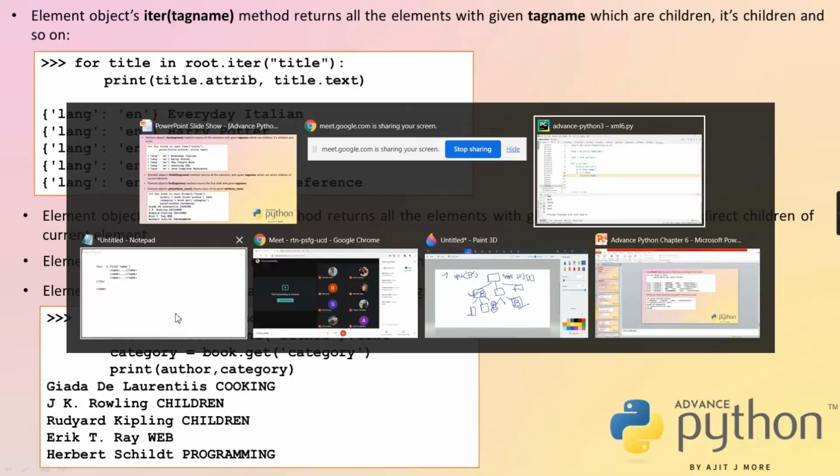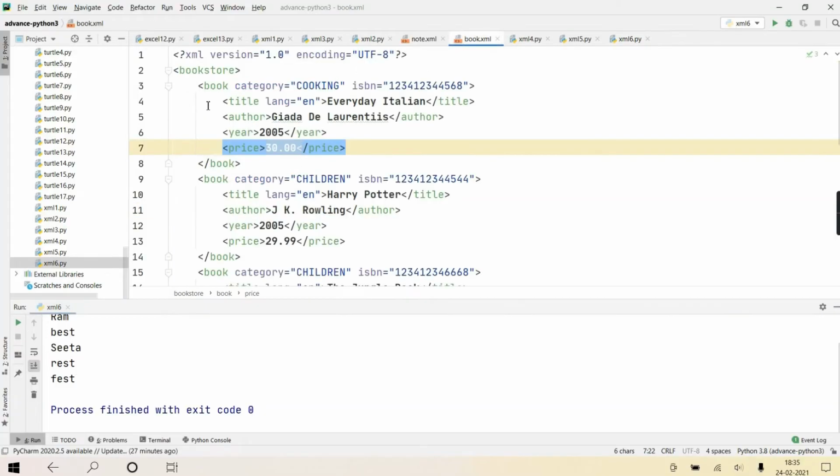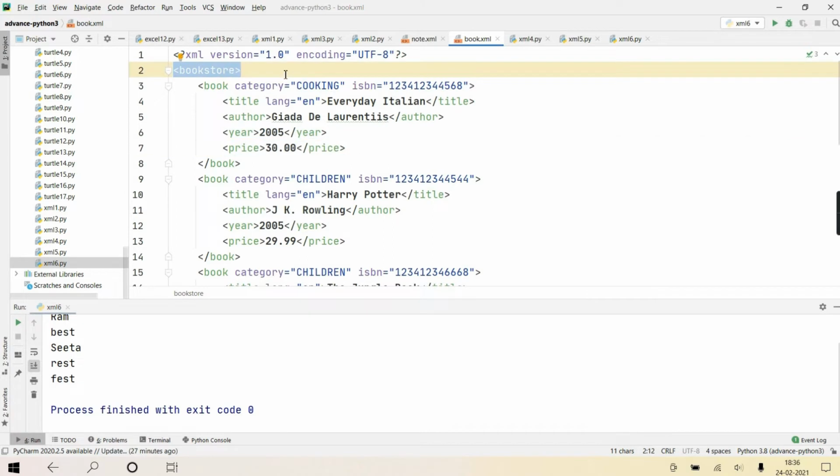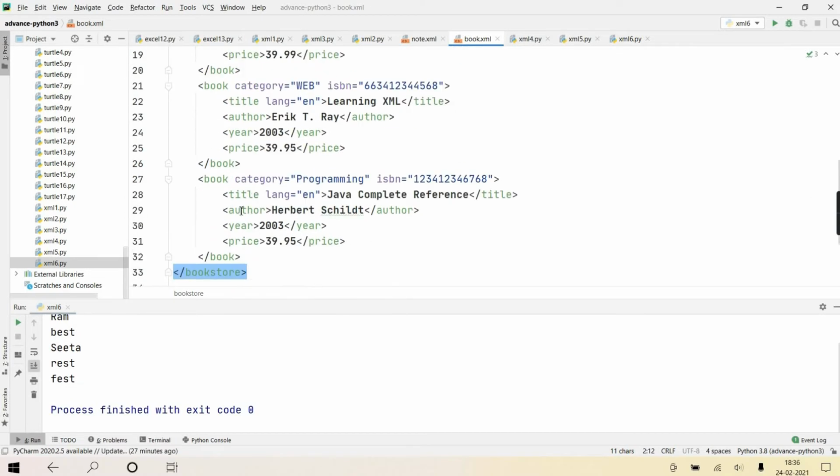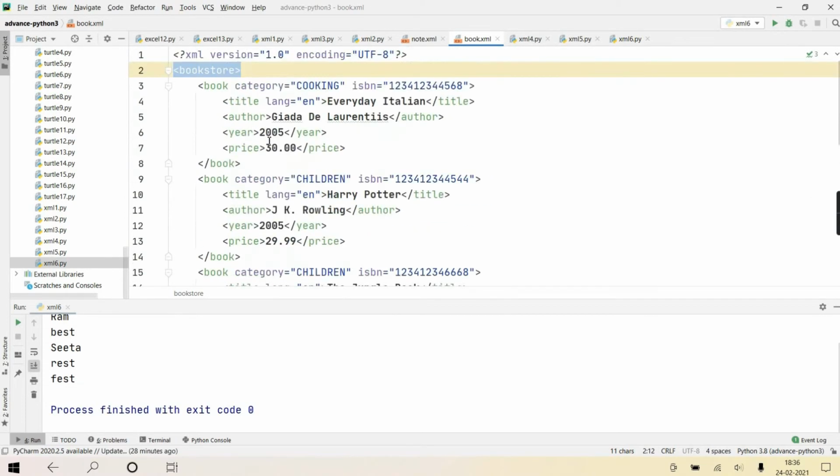Root means bookstore. Do you agree? Its immediate children with the tag name book are 1, 2, 3, 4 and 5. So it will return 5 elements. Immediate children only it takes.